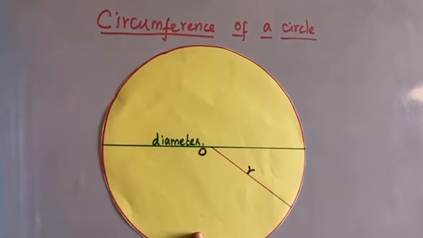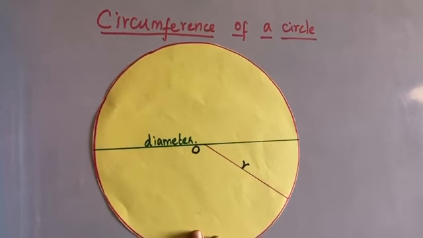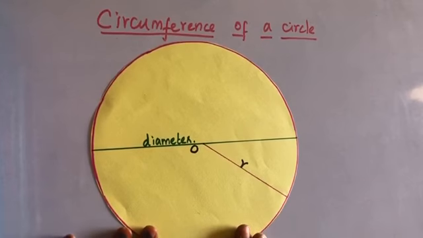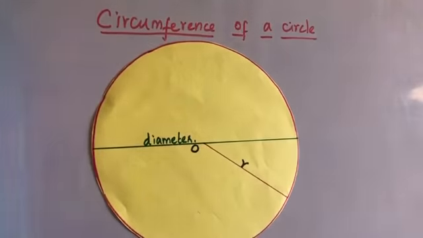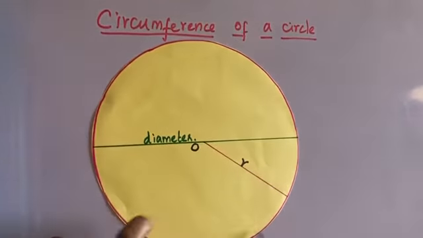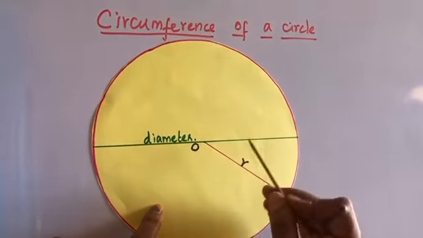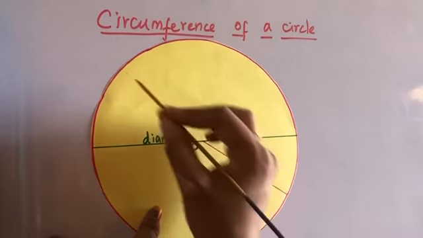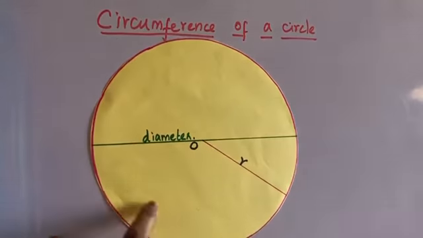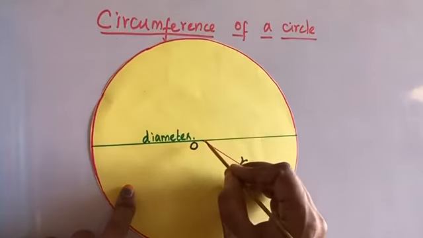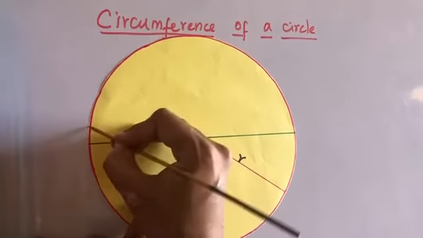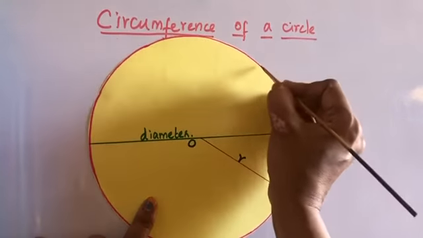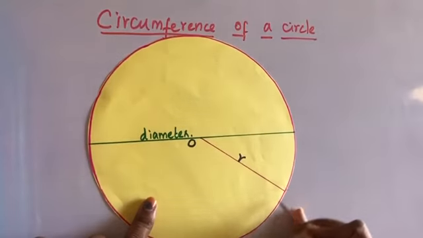Hello girls, in our second unit, measurements, we are going to learn more about circles. First we'll recall the known facts about circles. What is a circle? A circle is a curve or an arc which is drawn with a fixed center and a moving point. The distance between the center and any point on the perimeter is equal.